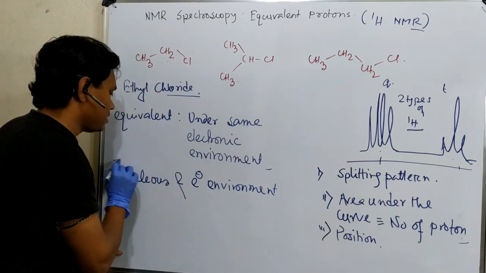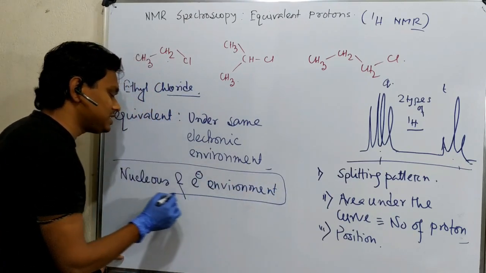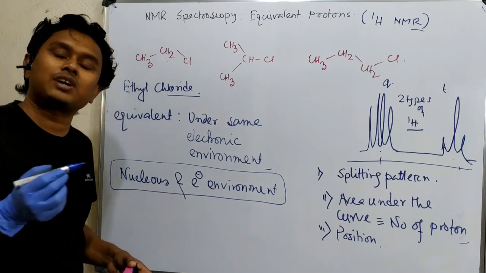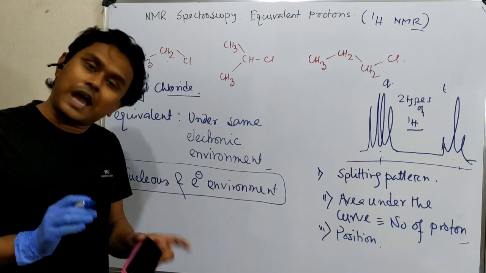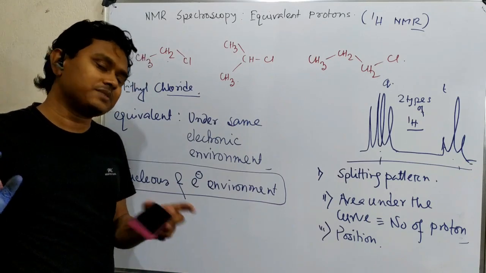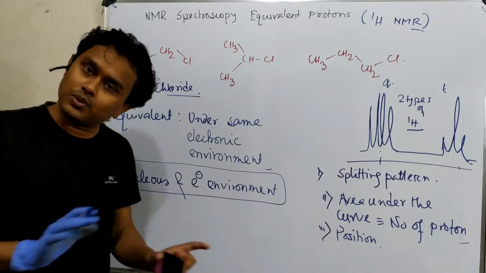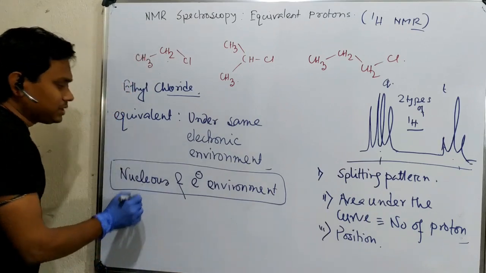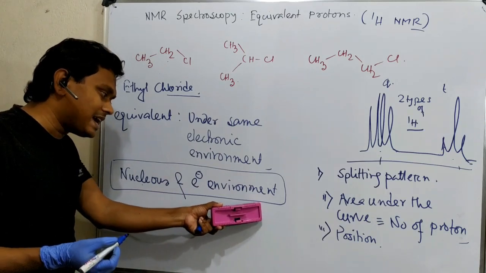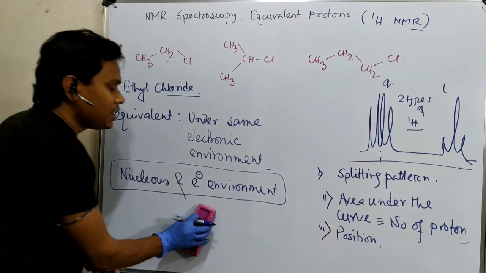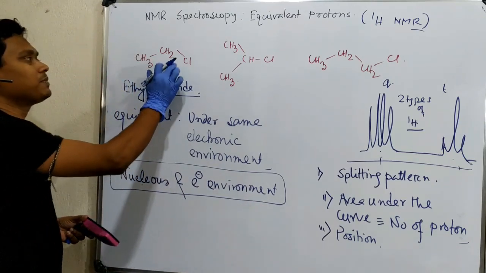Now see, nucleus we can't change. It is the existence or nature of the atom itself, and generally it is very difficult to change atoms. Nuclear reaction is different, but generally using chemical reaction it is not possible. So nucleus we can't change, but we can change the electronic environment, and a slight change in the electronic environment could be pointed out by this spectroscopy.